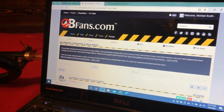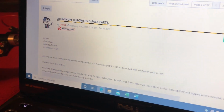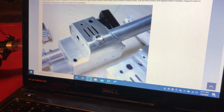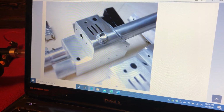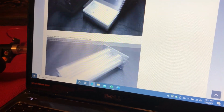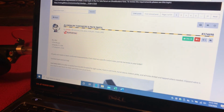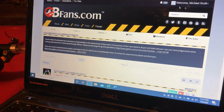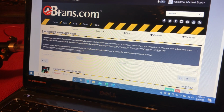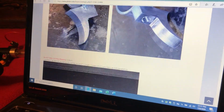One here, both of these are going to be aluminum sellers that I'm going to show you. CPU 64, he's got this awesome proton gun, wand, thrower, whatever you want to call it, and some other parts as well. Some of them are parts you can also get on the shop, comparative prices. And then another one here is EJ Gumpf 87, and he has parts as well that are good,